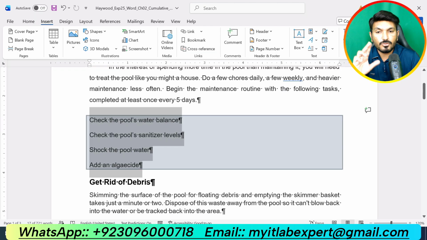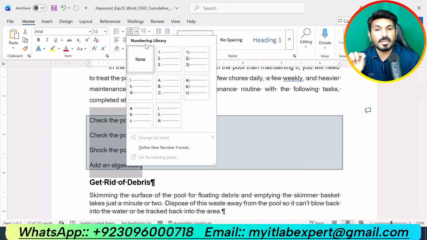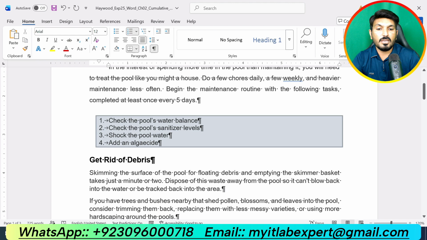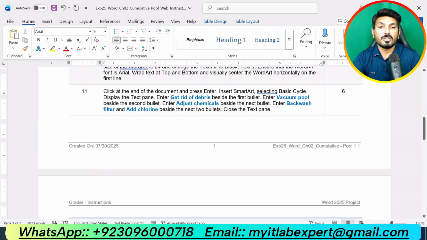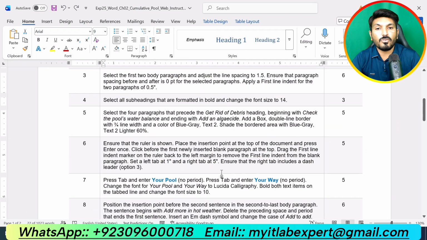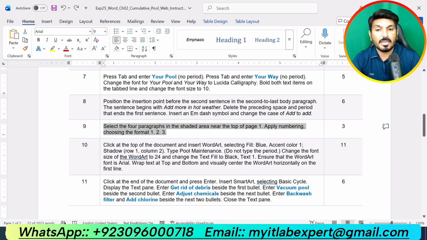So we will select these 4, then go to home tab again. In paragraph section you can see bullets for the numbering, and we will select this number alignment left because these numbers are followed by a period. Okay, and that is all about step number 9. So we are done with 9 steps of this assignment so far, and now we gonna do next step, that is step number 10. And step number 10 is saying